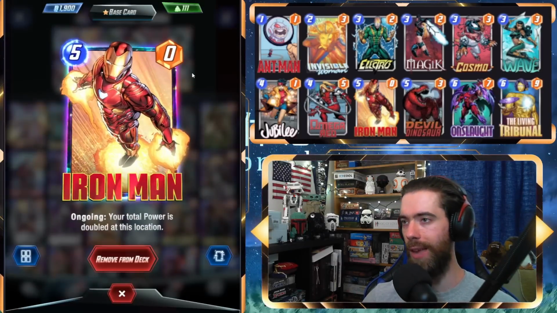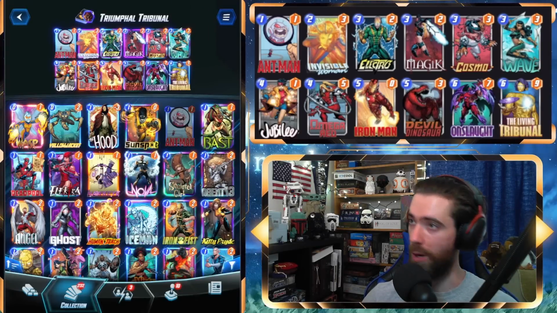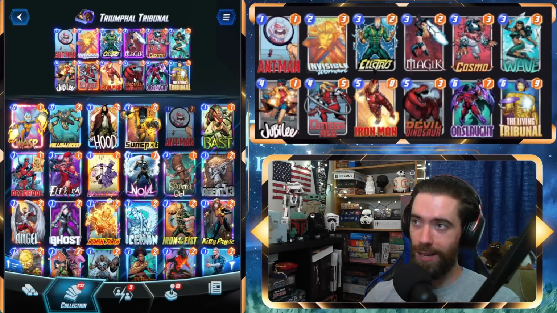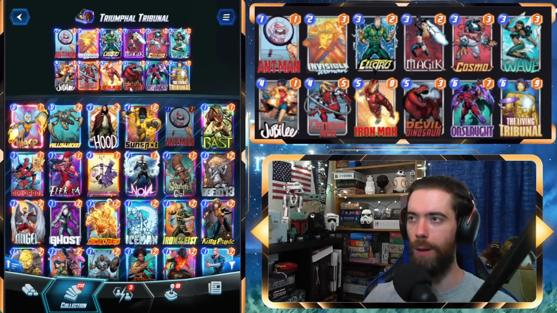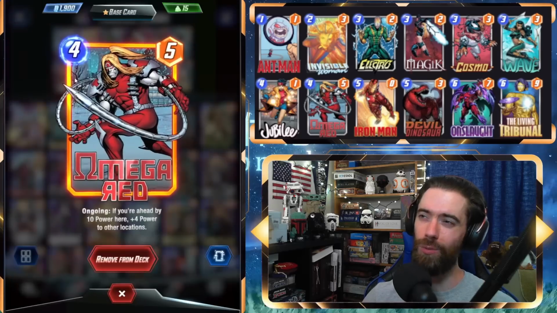If we miss on the Iron Man, then we go to the Devil Dinosaur. He's also able to put great stats, especially empowered by the Onslaught. If we miss the Onslaught, again, we drop back to the Devil Dinosaur because Iron Man, Devil Dinosaur, and Living Tribunal all together still an incredible stat line to be able to pressure our opponent. It's when we're missing the Living Tribunal that things get a little wonky because we go all the way down